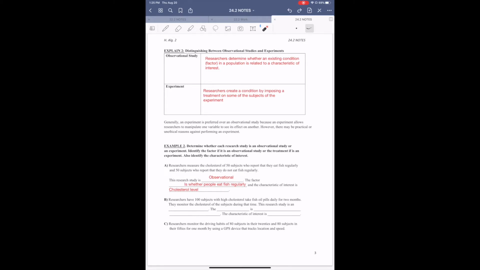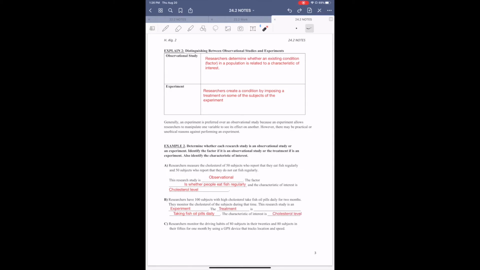Okay. For B, researchers have 100 subjects with high cholesterol take fish oil pills daily for 2 months. They monitor the cholesterol of the subjects during that time. So when you think about this, they're making people with high cholesterol take the fish oil pills. They're controlling that variable, so in this case, this would be an experiment. The treatment, because it is an experiment, is taking fish oil pills daily,